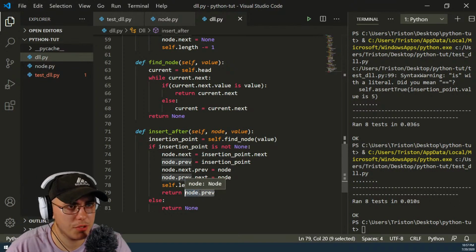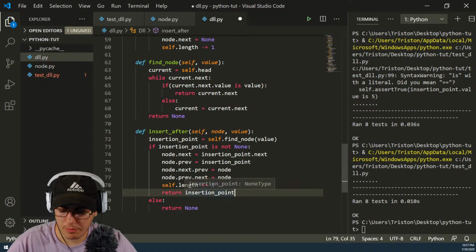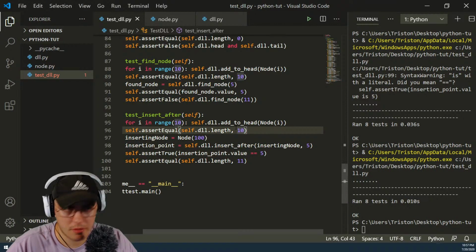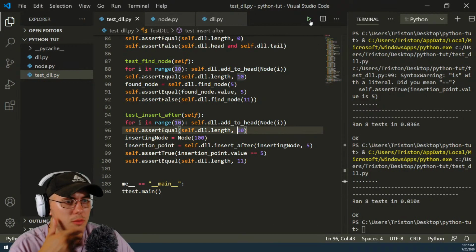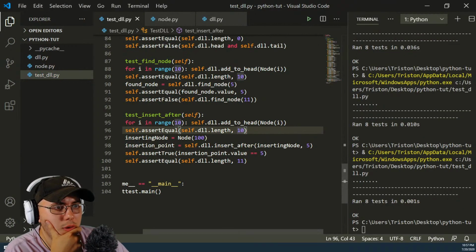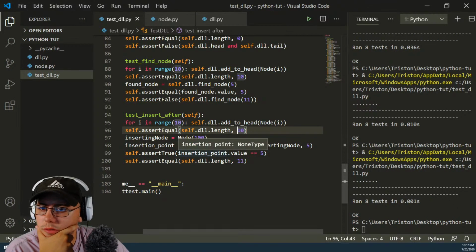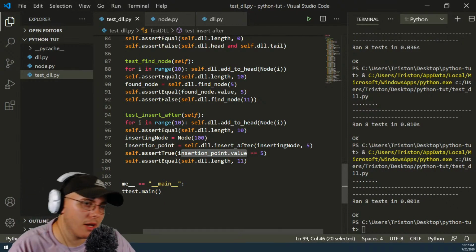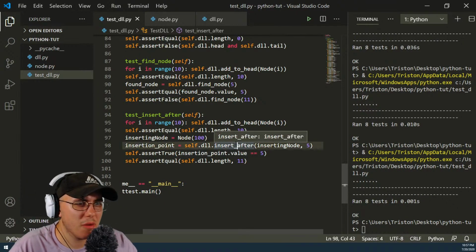What if I just return insertion point? Should be the same thing though. Do I still get that error? It's not looking like I'm getting that error now. Awesome. So that must have been the issue. I don't know why that would have thrown an issue,